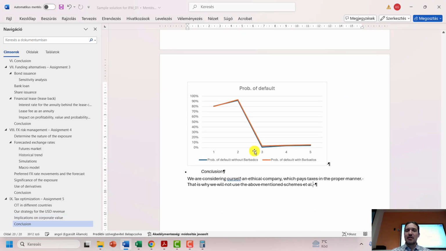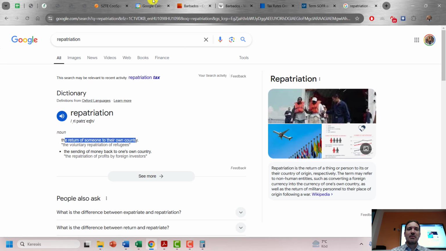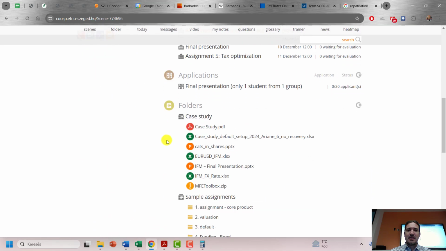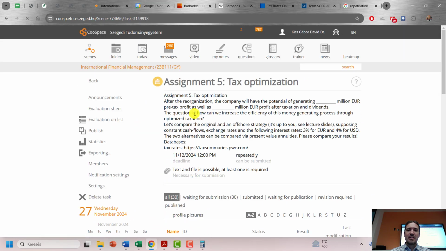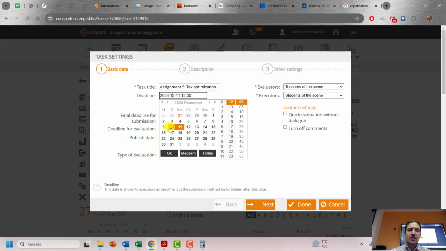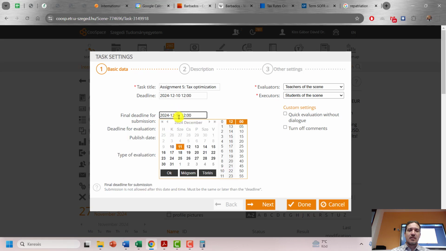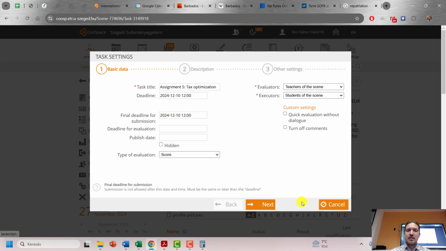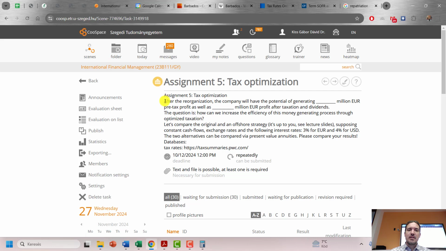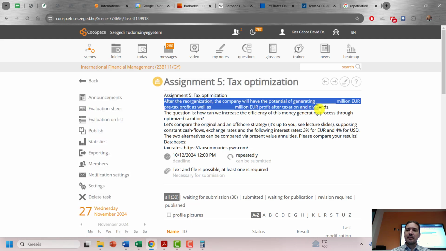Okay, so that was the fifth assignment. So if we are checking code space, then also we can see this tax optimization assignment, which will be due in the last week of, we should put it here. Last week of December. So after reorganization, the company will have the potential generating of some million pre-tax profit after,